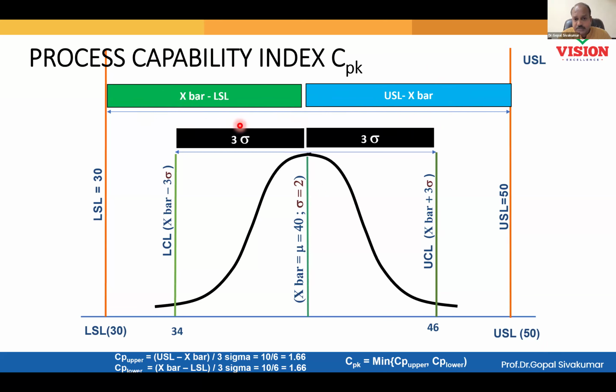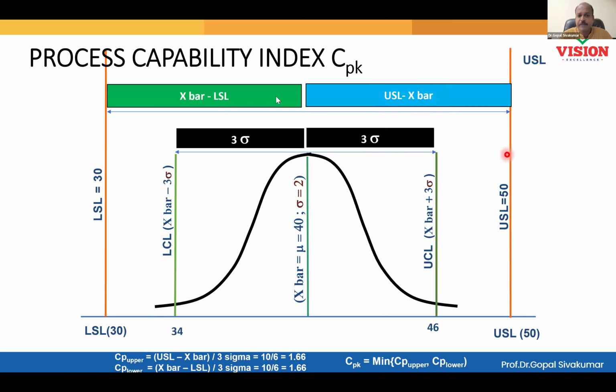Similarly, the spread of the process is 6 sigma. I divide that into two parts. So 3 sigma on the right, 3 sigma on the left. Now what you need to do is take the right half of the tolerance divided by the right half of the process spread. Do you understand? You do it on both sides. If the process is not at all shifted, the right side ratio will be equal to the left side ratio. Am I right?